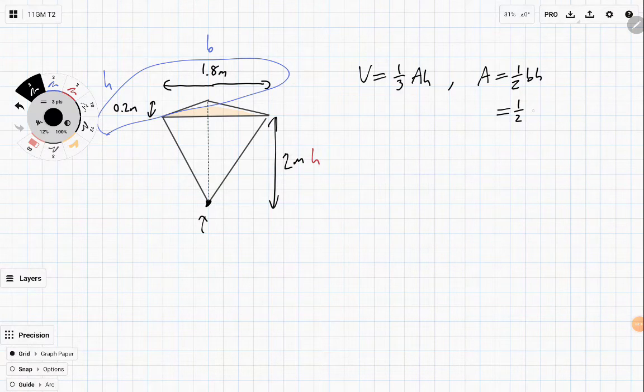So the base is 1.8 and the height is 0.2, which is equal to 0.18 square meters. And so for the volume, it's going to be a third times 0.18 times the height, which was 2 meters for the pyramid,